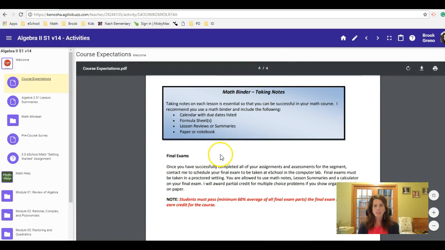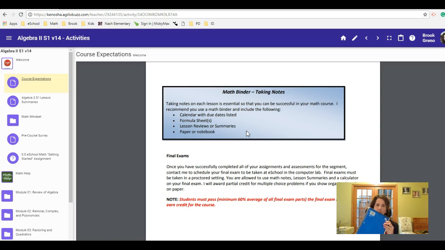Final thing is just obviously taking notes, making sure, yes, you are taking notes. So I usually recommend just a notebook, right? If you want just a notebook as simple as that, a blank notebook just for your math course. And then you're going to see in our next thing in your welcome folder is lesson summary packet. So those two things kind of go hand in hand of what you want to have out every time you're working in your online math course.